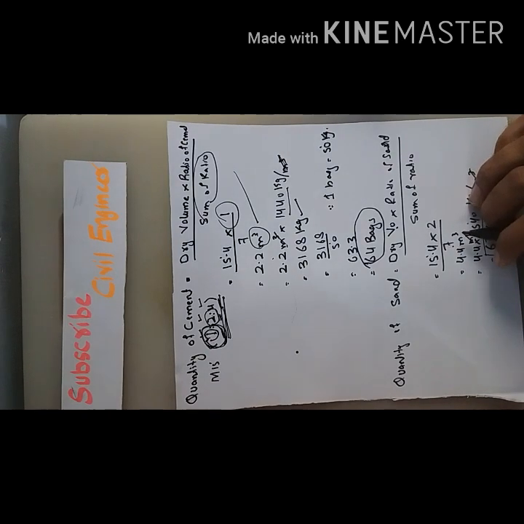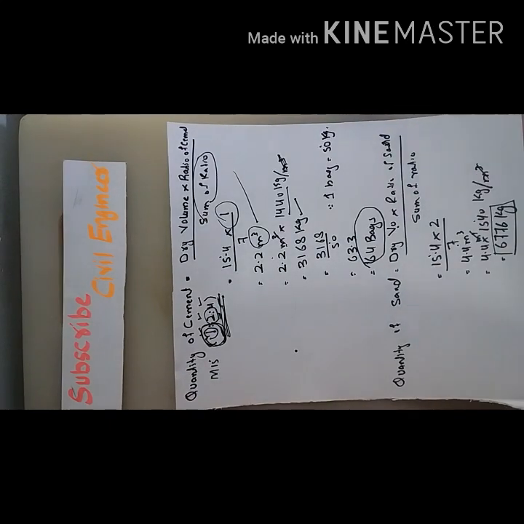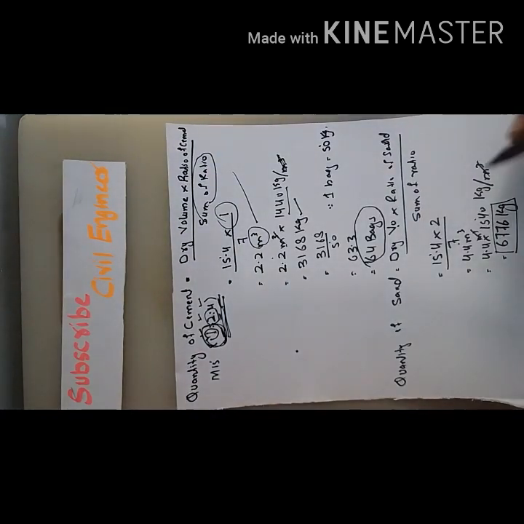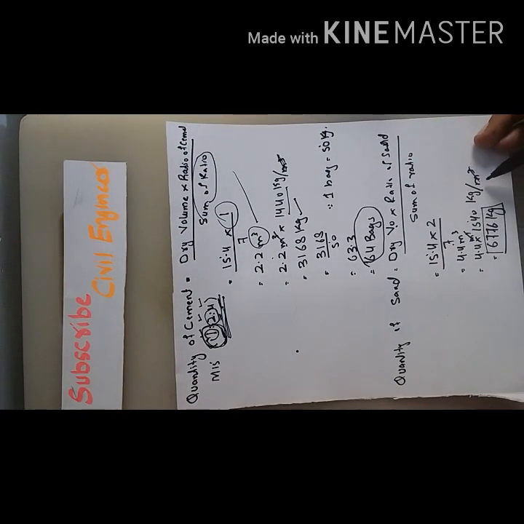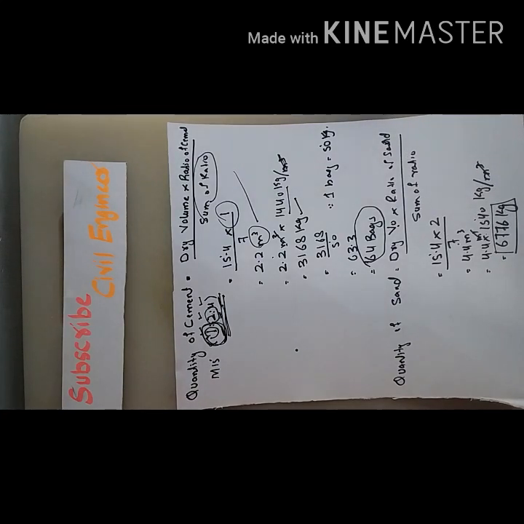And we also know that we must know sand in kgs. So we multiply 4.4 cubic meter with the density of sand, and we know that density of sand is 1540. So we multiply by 1540 kg per cubic meter, and cubic meter cancel by each other. So 4.4 multiply 1550, so it will come 6776 kg. So the quantity of sand is 667 kg.